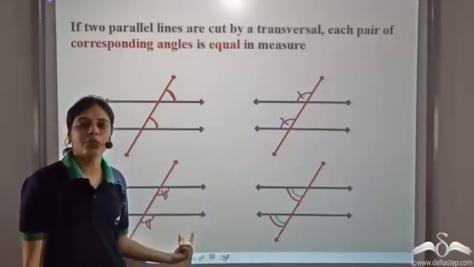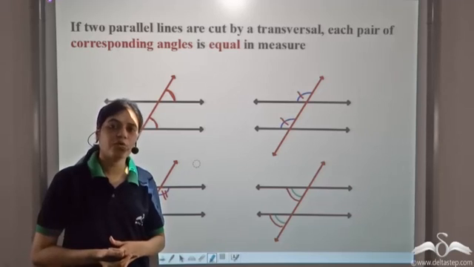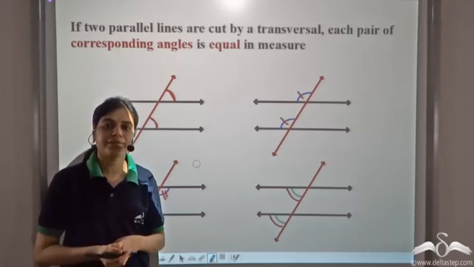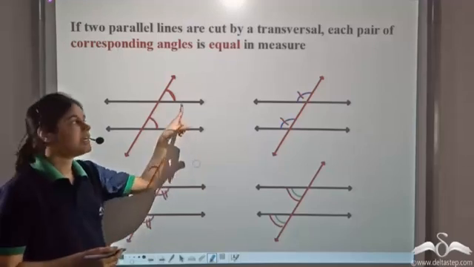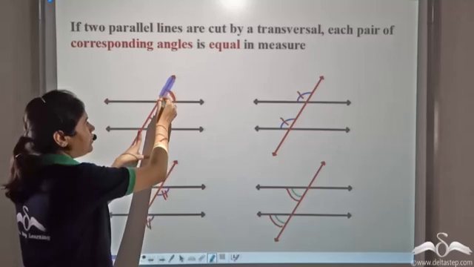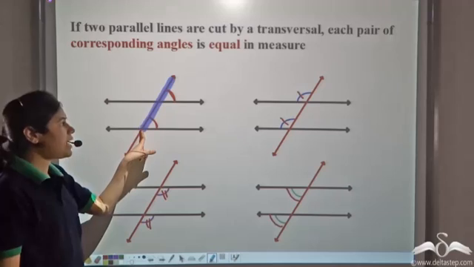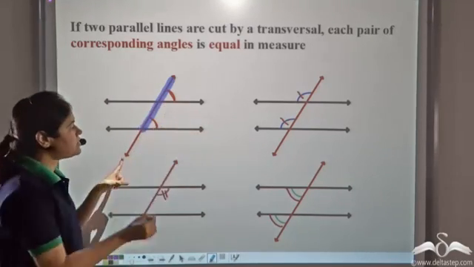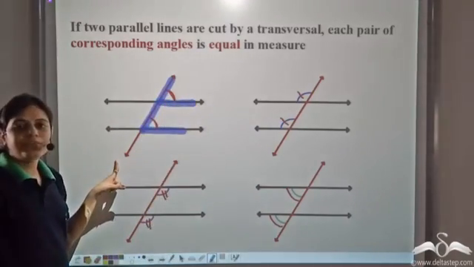Each pair is equal. Now, how do we mark out the corresponding angles in a diagram? How do we find out which are the 2 corresponding angles? Let us see if we can identify a pattern to mark out the corresponding angles. So we need to draw a pattern which contains these 2 angles. So first, I draw a line corresponding to the transversal. So this is a line on the transversal, and I need to contain or include these 2 angles. So I draw a line here, and I draw a line here.